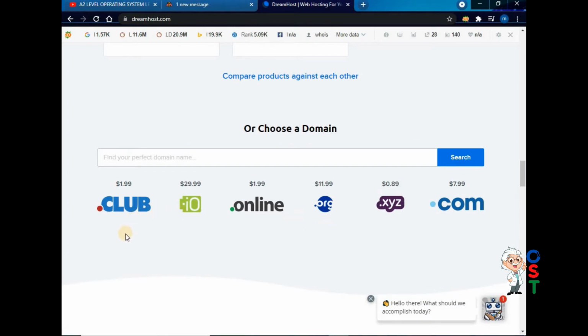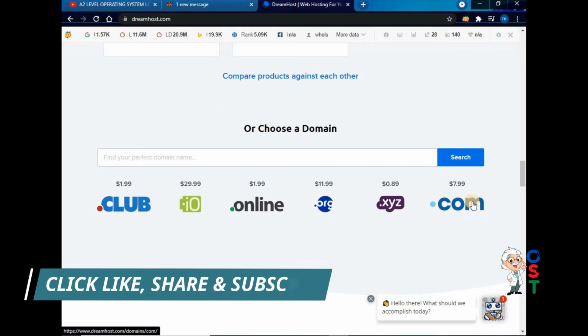For example, if you want to buy a domain with top level domain name club, then you will have to pay $2. Similarly, for .io you will have to pay around $30, and for .com they are giving it for $8 only.